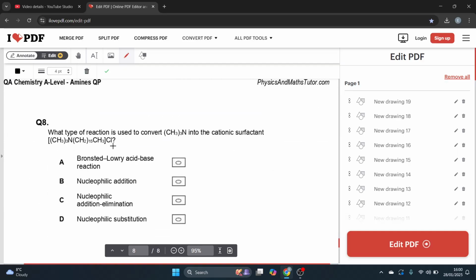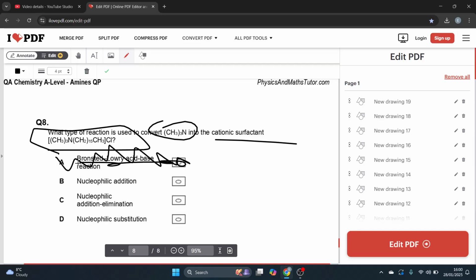Question 8. Which type of reaction is used to convert CH3N into the cationic surfactant? Bronsted-Lowry acid-base reaction? Definitely not. That's one you can just cross off immediately. And then the rest of these three options are very convincing: nucleophilic addition, elimination, nucleophilic substitution. But it's the one you're not going to expect the most. The answer is going to be nucleophilic substitution, because all we're doing is